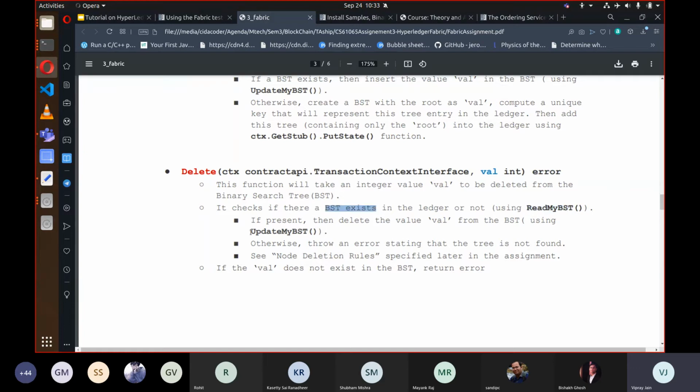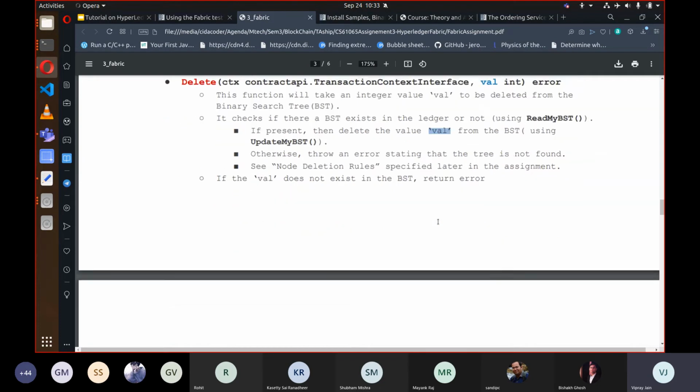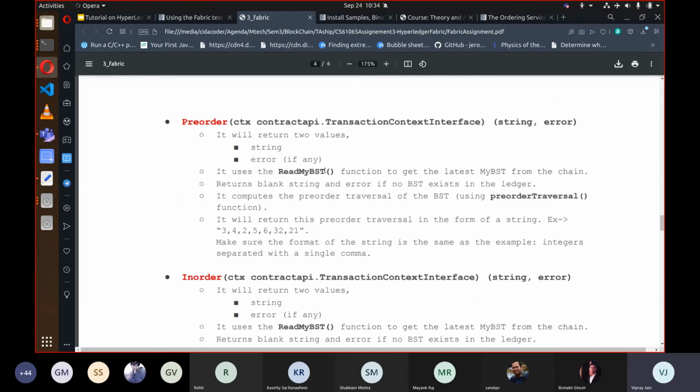Then you can use the same update my BST function to delete the value from the BST. These functions are below in the assignment; I will explain them also. If the entry is not there, you will throw the error. And the rules of the deletion are mentioned later in the assignment. We will discuss that also.